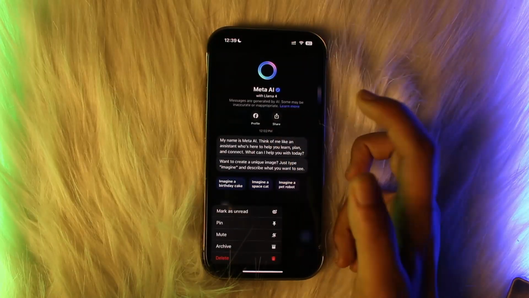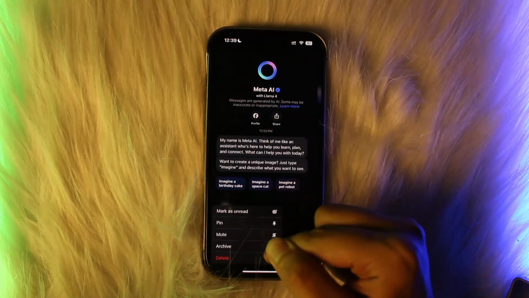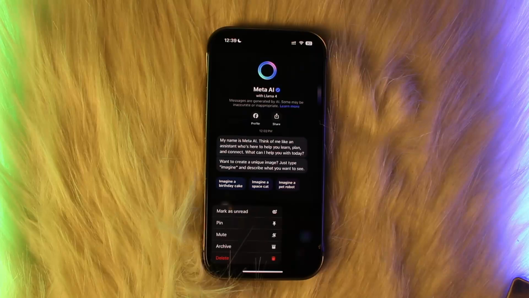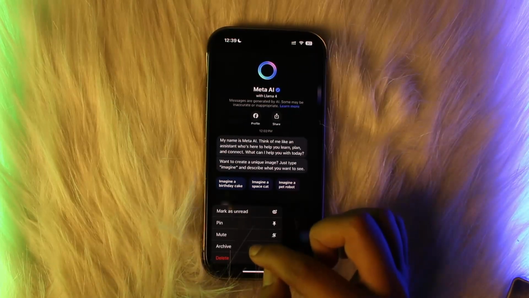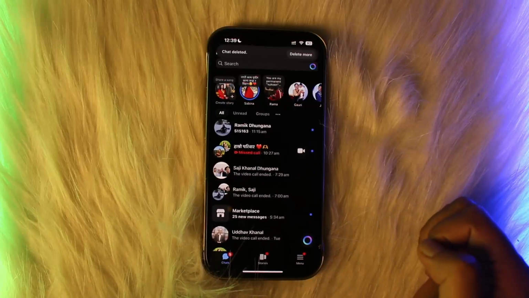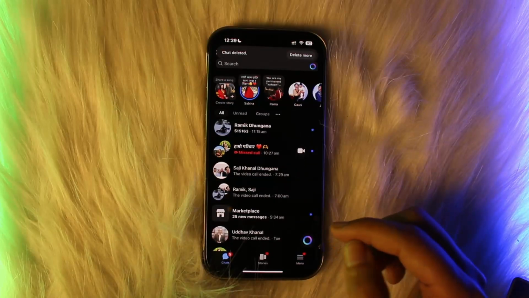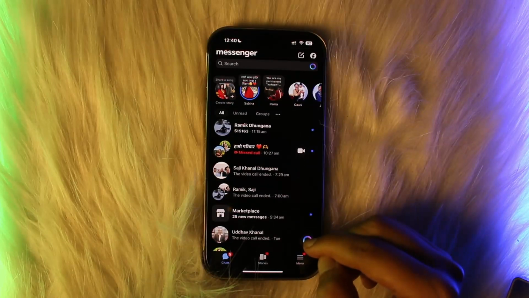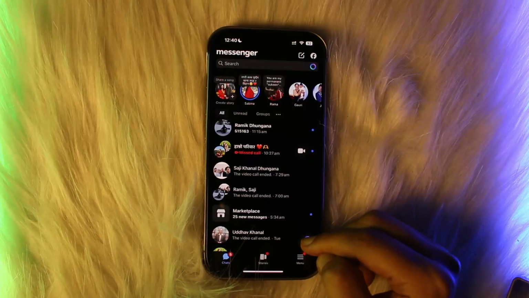You can simply long press on it and you can either archive it, but you cannot delete it permanently. So you can archive or delete the entire conversation. But if you also want to hide the notifications from Meta AI, you can simply tap